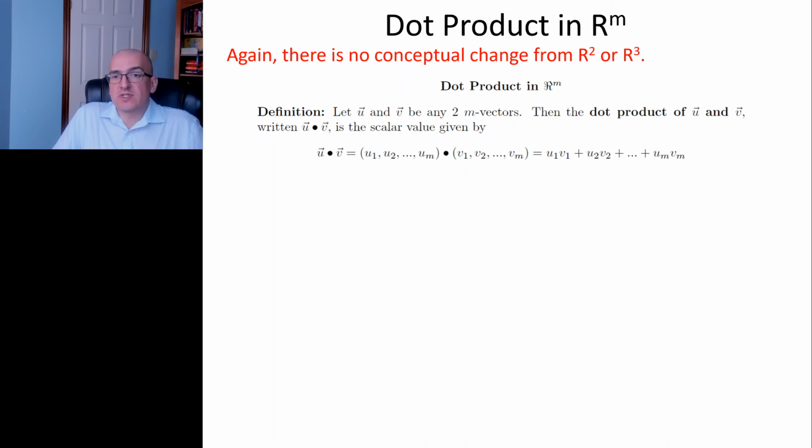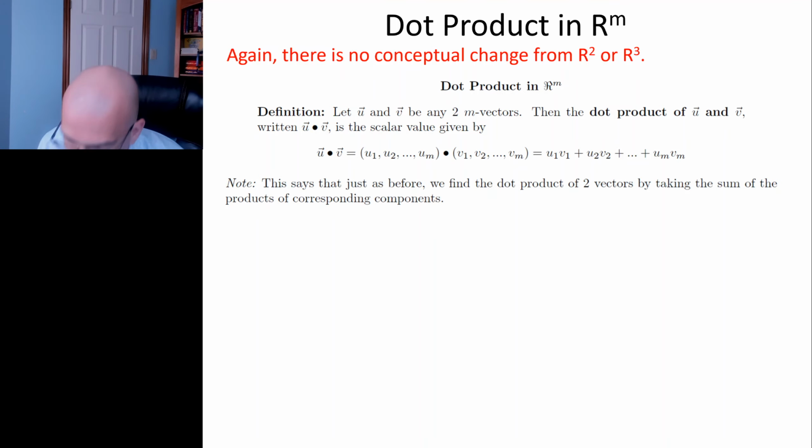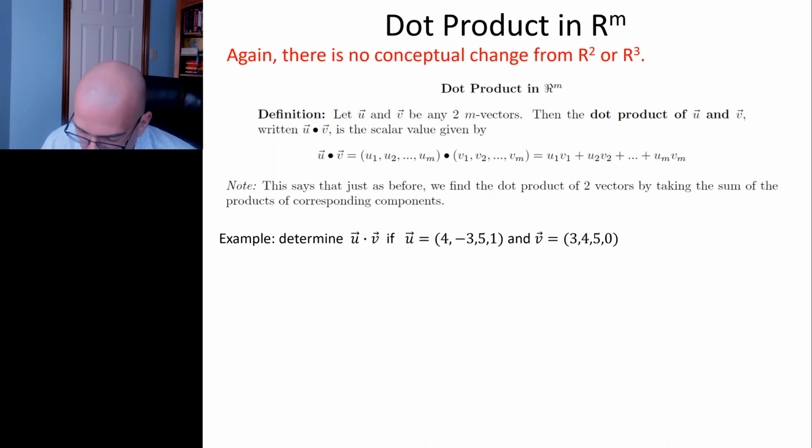Another piece of good news is that the dot product didn't change either. If you take the dot product of two vectors, what you do is you multiply the first times the first, plus second times second, plus third times third. The dot product in higher dimensions still creates a scalar, not a vector. So for an example, in 4D, we're given these two vectors u and v and asked for the dot product. So u dot v equals